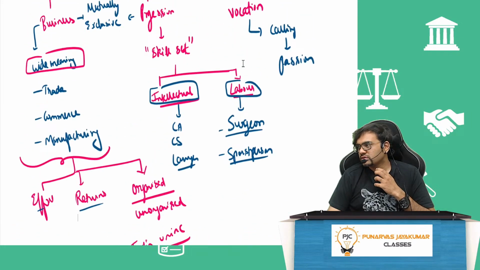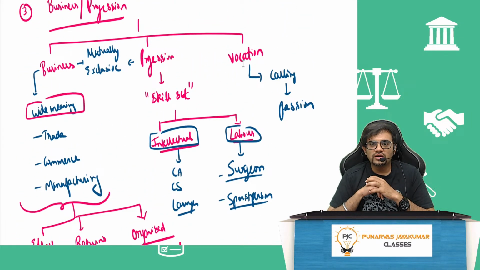What about, let's say, a priest who, out of passion, is doing his priesthood either in a church or in a temple? Whatever money he is earning, he is definitely doing it out of pure passion. You would have seen in ISKCON temples, many engineers, all from IIM, IIT, have quit everything and become Gurujis now, right? Monks in this ISKCON temple. Now they'll be earning some money. Why? They are doing it out of vocation, pure calling, pure passion.